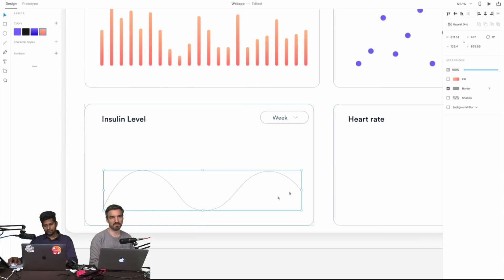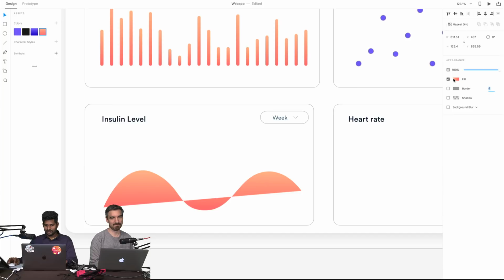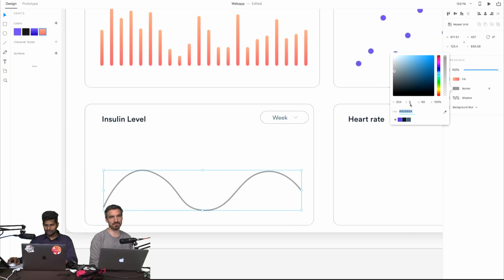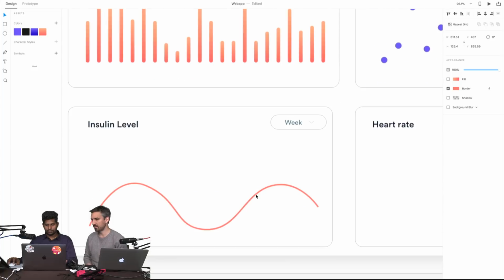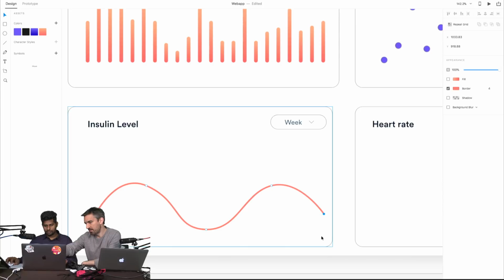Oh, it's a fill. Okay, I can increase. Can you add points afterwards? Like if you use the pen tool, maybe you can do this. Yeah. If you click here, can you continue? Yeah, I can, and add one. Why do we need to add one? Because I want you to close the shape like this. Oh, like this? Okay, I got your point.